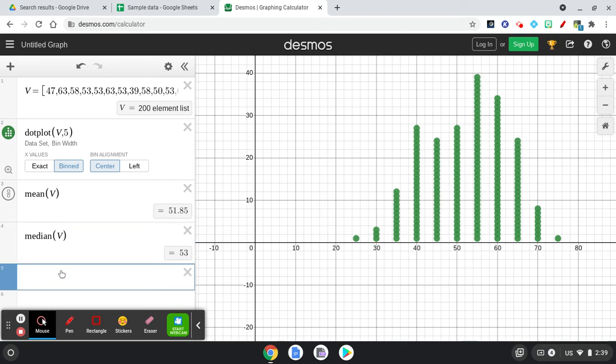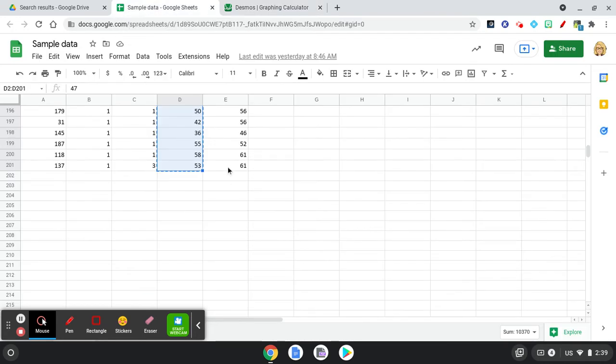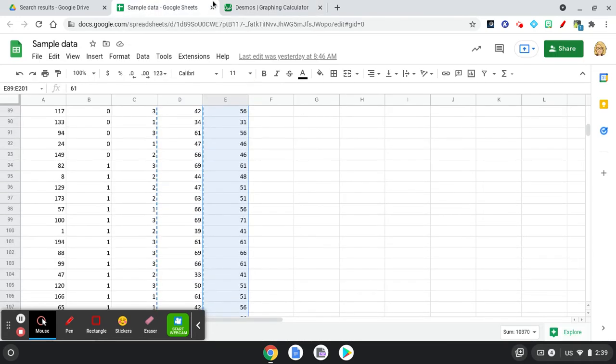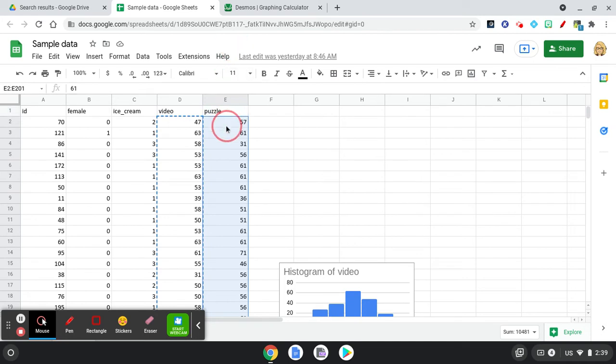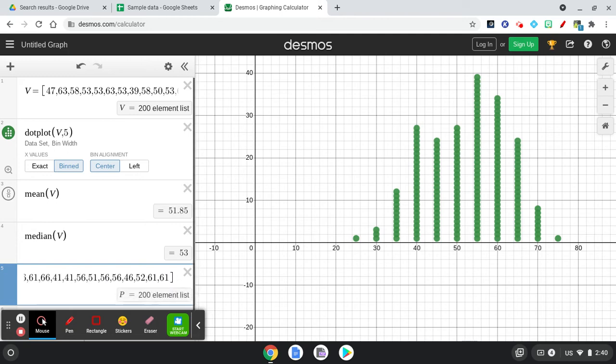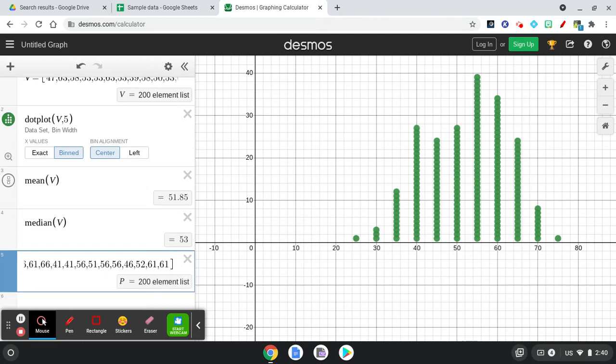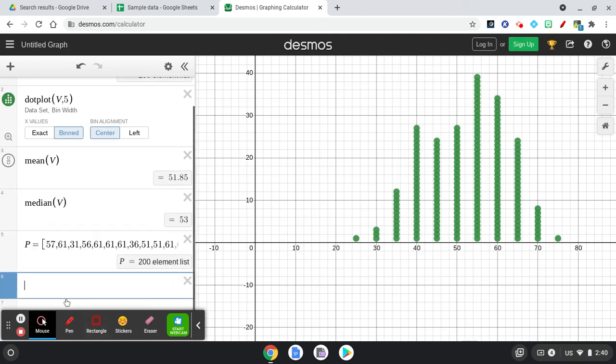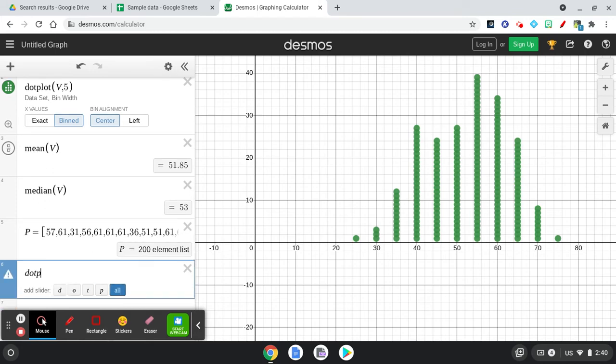I can also do additional dot plots on top of that if I want to. The other thing I can do is I can put additional displays. I can also do additional dot plots of other data. So let's say I wanted to compare it to puzzle. So let's call this one capital P. And I can do all the same stuff with this one. So if I go dot plot,